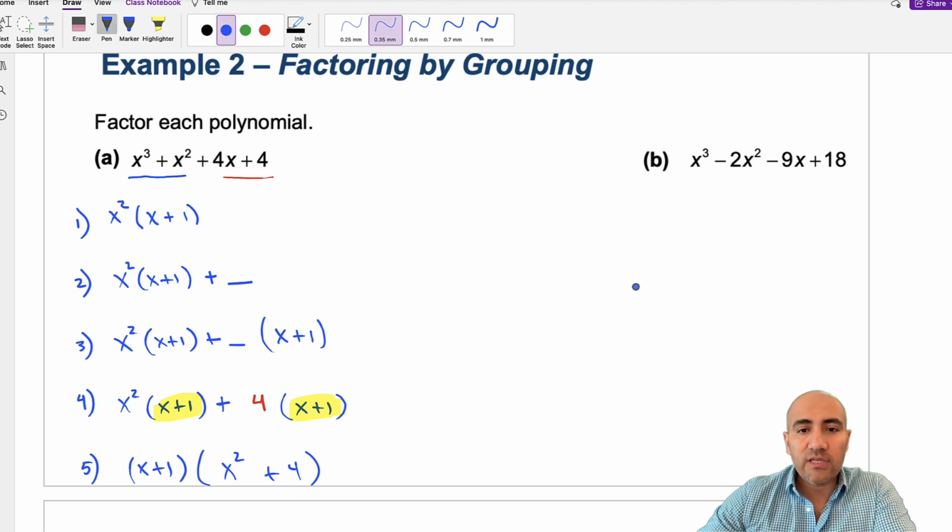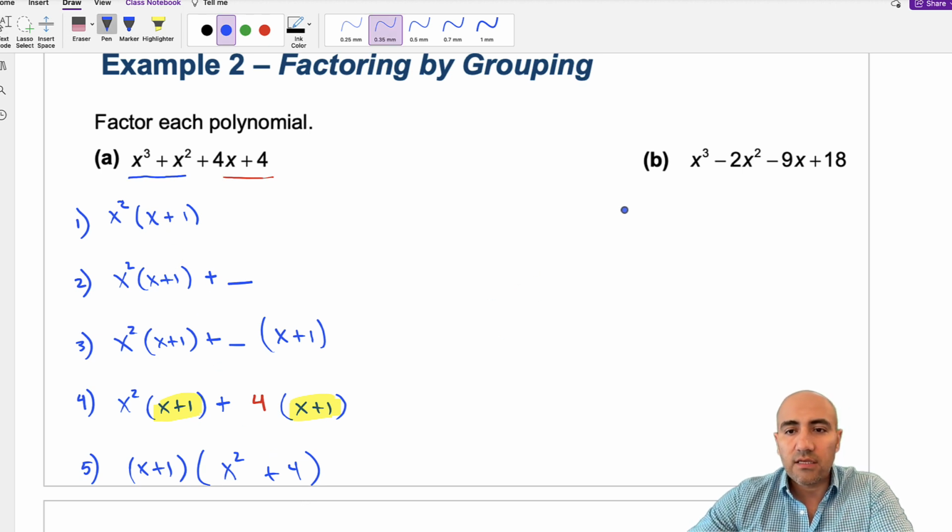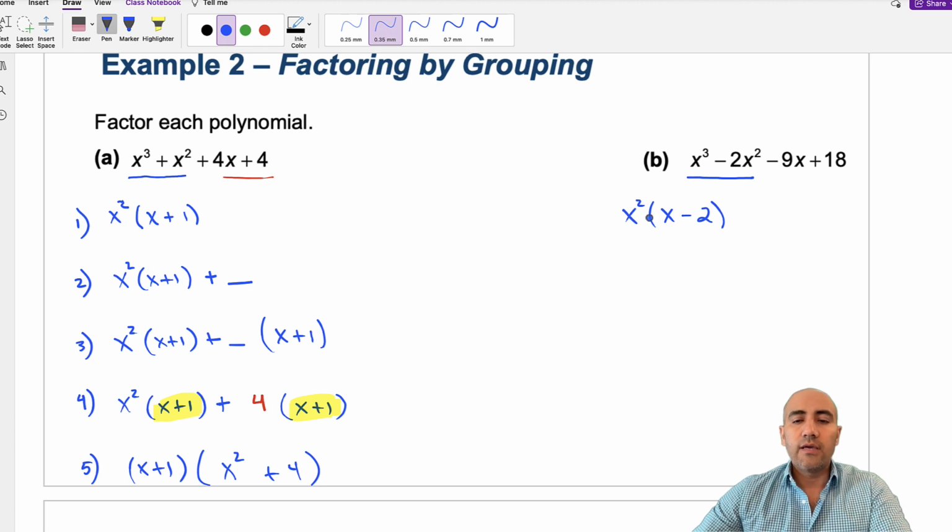So I'm going to do it one more time over here, but I'm not going to space it out quite as much, so a little bit less notation. Again, I start by underlining the first two terms. Okay, what do they have in common? They have an x squared in common. So I'm going to put x squared, parentheses, x minus 2. So x squared times x gives you x cubed, and x squared times 2 gives you a minus 2x squared. Okay, remember, I always put a plus blank,